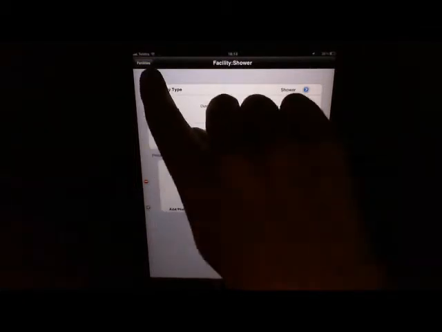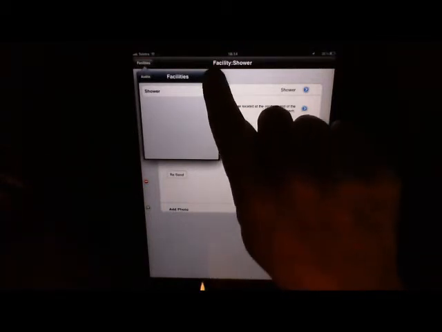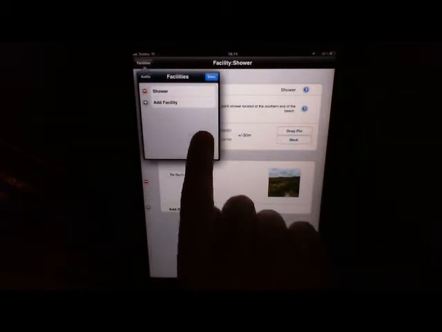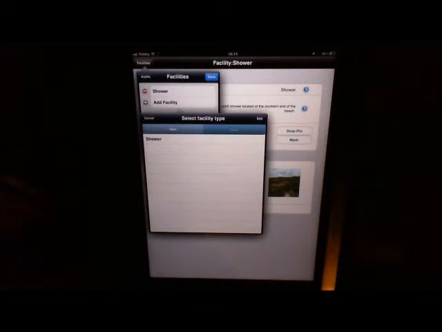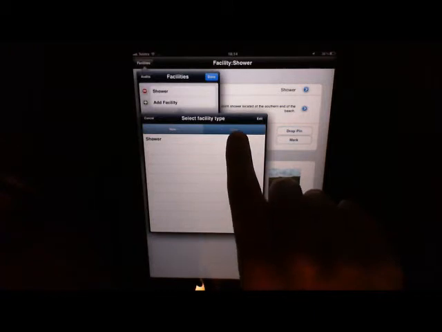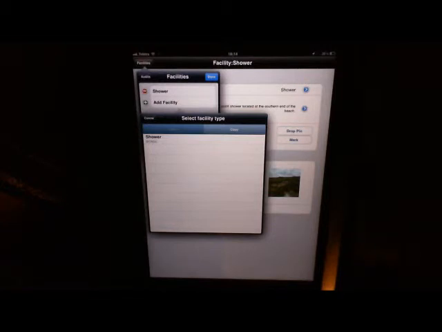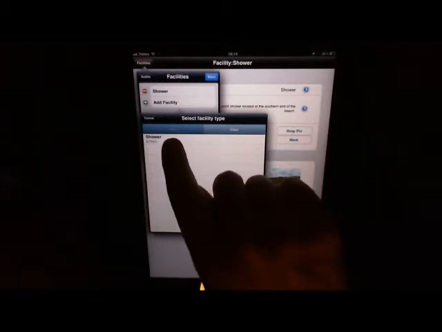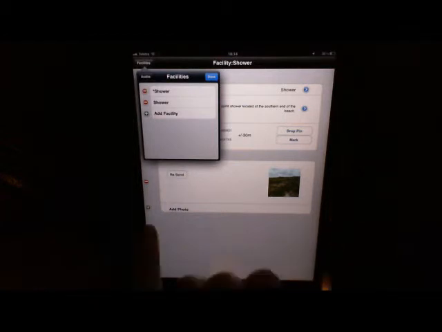So what we might do now is I'll show you how to add another facility, but this time we'll use the copy feature. So if I hit edit, that brings up the add facility menu. I hit the plus button next to it again to add a new one, and it brings up that facility type menu. So I've got new, I can add a new one, but if I want to copy one that I've already done, I hit the copy button and it shows me all the facilities that are already entered. If I hit the shower one that we just entered, it then puts a copy of that shower into the facilities menu. Now I know it's a copy because it's got an asterisk at the start of it, so I'll